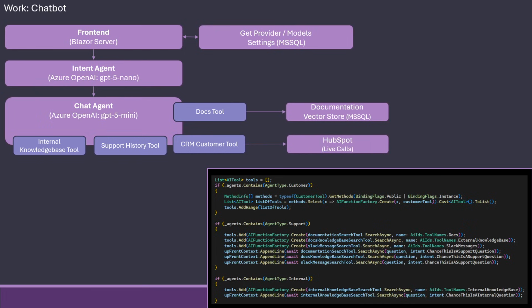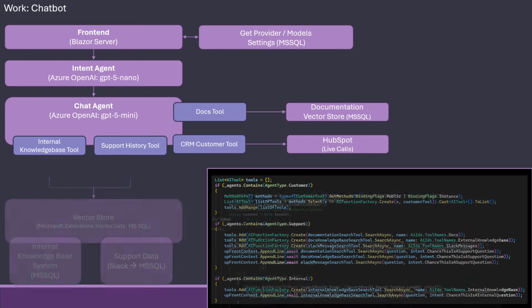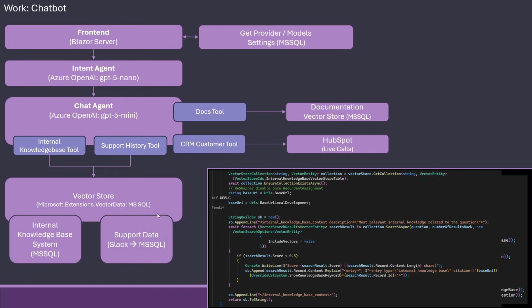The CRM tool is HubSpot, and we actually do live calls against that when we need it, based on some filtering. And then the 2 others are vector stores controlled by the same side as the front end, which takes a lot of support data from Slack and turns it into records in MS SQL that are then vectorized.